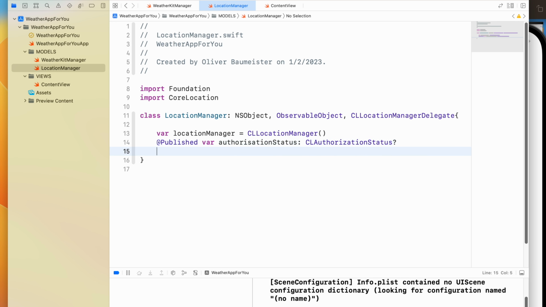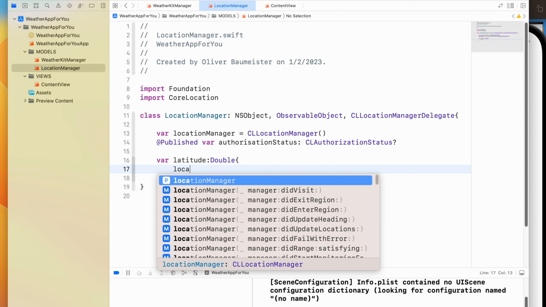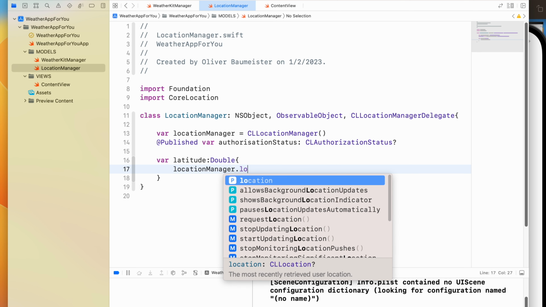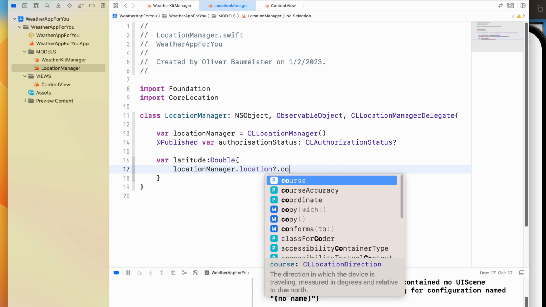That way we can play with it, and it's going to be optional too with the question mark, so we can play with it depending on whether or not a user has actually accepted to share location or not. We're also going to need a latitude as a double, and we're going to need a longitude as well. And the latitude is going to be location manager, location, coordinate,